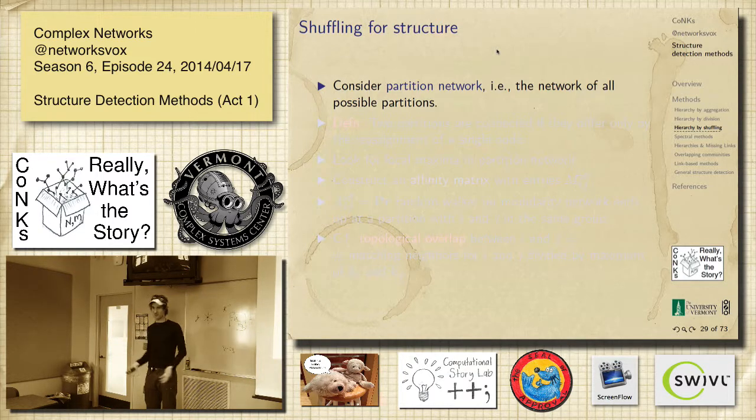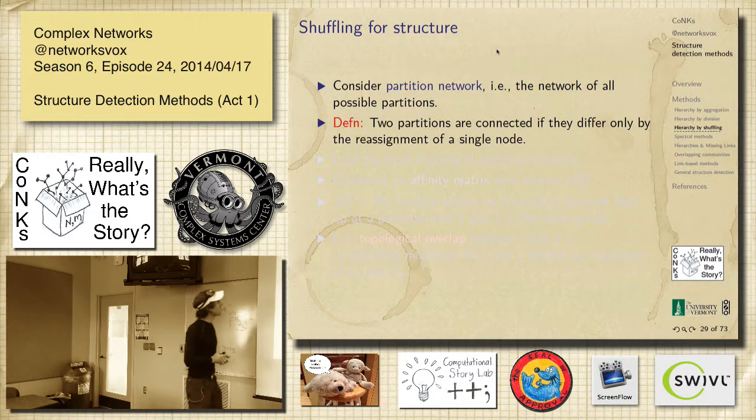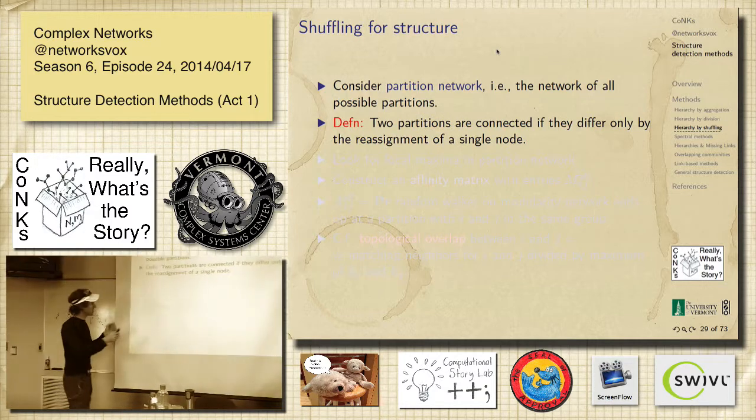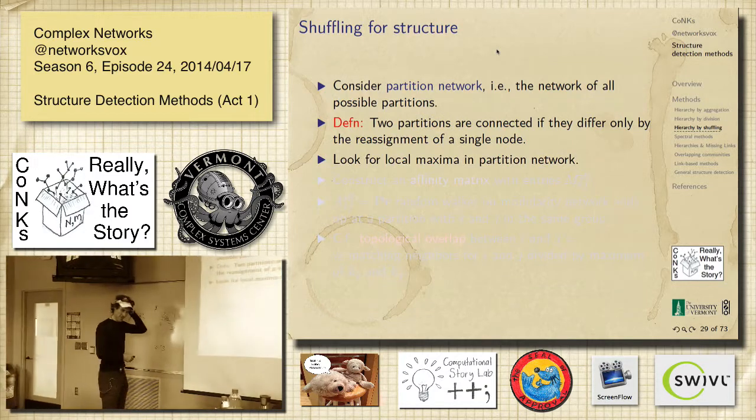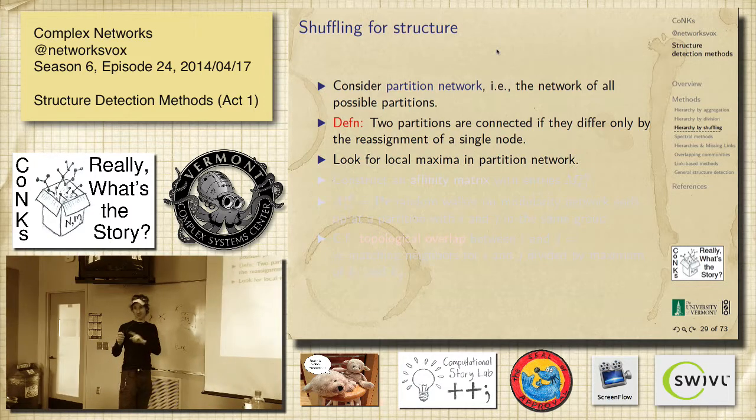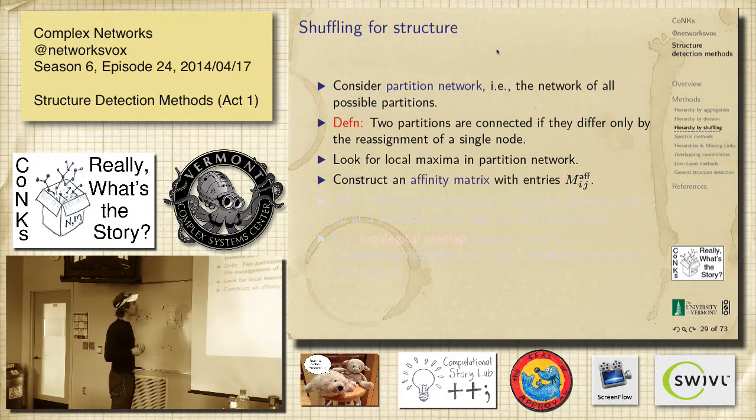Right, so one partition is everyone's in the same group. And then the partitions that are right next to that are all the partitions where one character is off by themselves and then everyone else is there. Right, you go, bloop. So then you start to slide away from that. Okay, so you just reassign a node. So we'll look at it exactly. This is small networks. We'll look at a small network example.